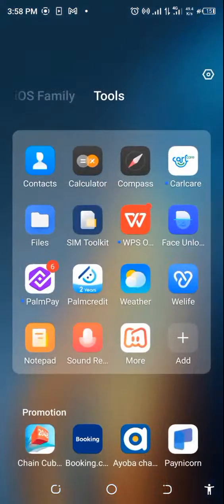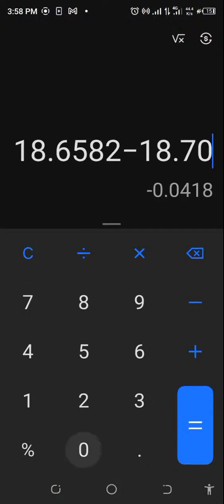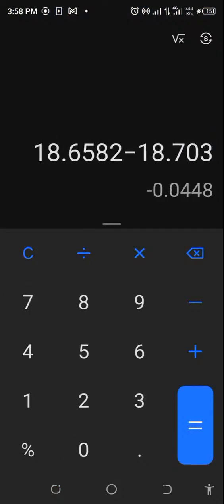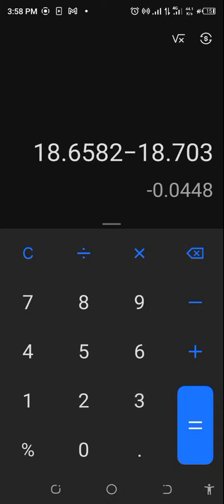Did we make profit? Well, 18.703, we still made like 4.4 cents. I'm sorry, my people, this wasn't a very interesting one because first of all, we didn't even